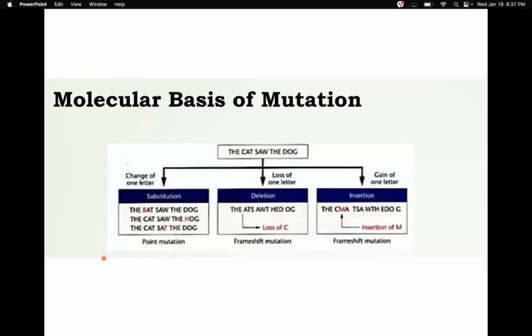So, ayan. Meron lang tayong overview of what are the types of mutations. It is described in layman's terms. So, molecular basis of mutation. For example, meron kong original na code for your DNA: "The cat saw the dog." So, if there's one change in letter, okay, that can be